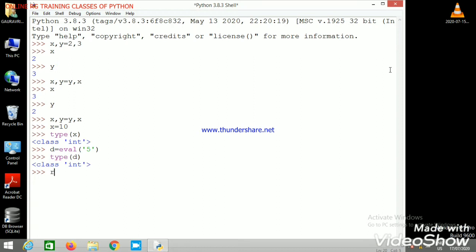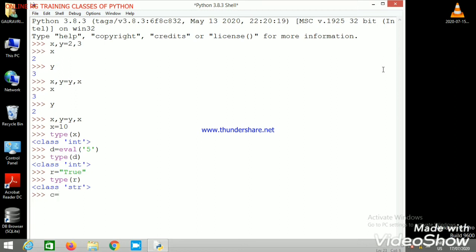Like if we say r equal to True, the type of r is string, but True and False are boolean values. So how can I expect them to return the type boolean?